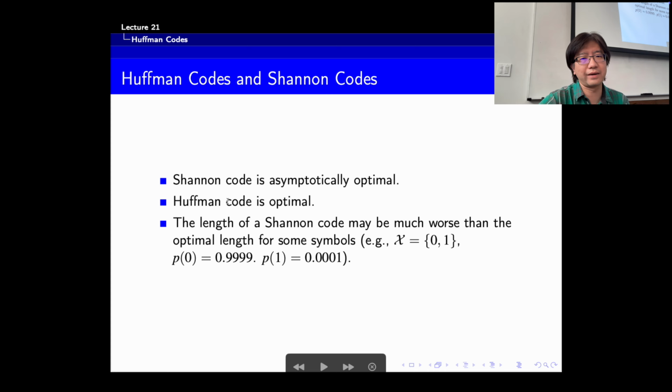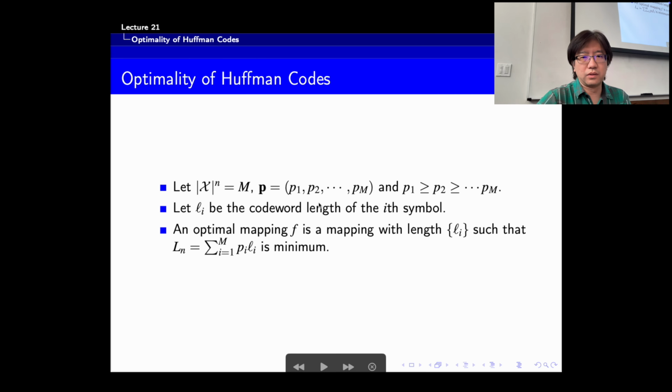And then we show that Huffman code is actually optimal, right? It's not asymptotic, it's exactly optimal, right? When we consider zero error coding, exact zero error coding, right? And in order to show Huffman code is optimal, we need to have the following argument, right? So here we assume the total number of source alphabet is capital N, right? And then we rank the probabilities in this way, right? And we denote Li as the code length for the i-th symbol, right? And then so